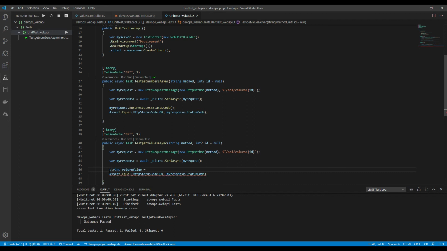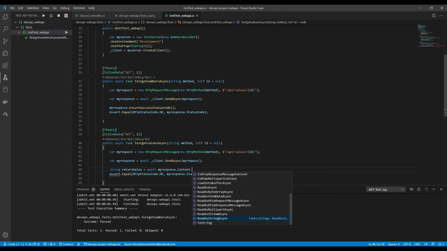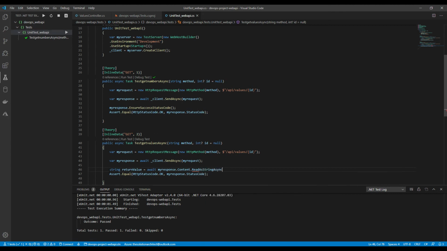Return value equals. And remember, it's an asynchronous call, so it's my response dot content dot ReadAsStringAsync. So this will read a string that comes back from the API call. And we know that value is 2, so let's go change that, delete that and just put 2,